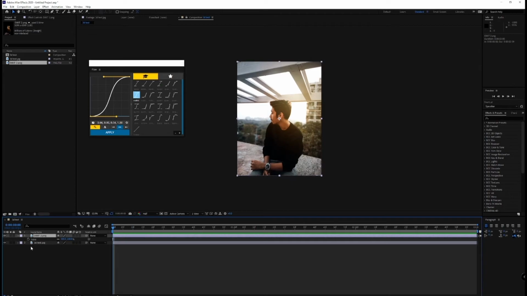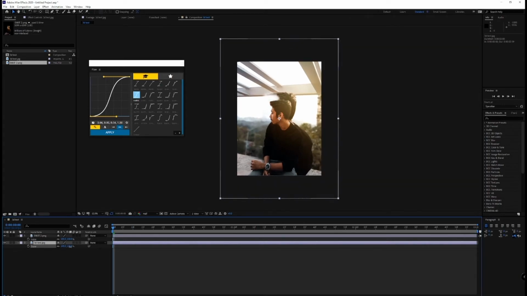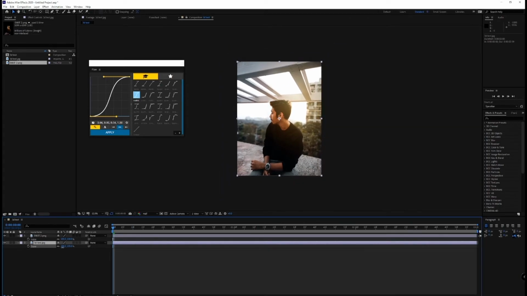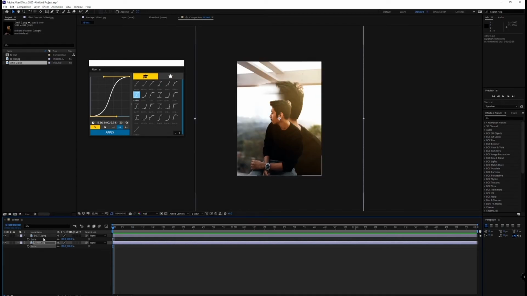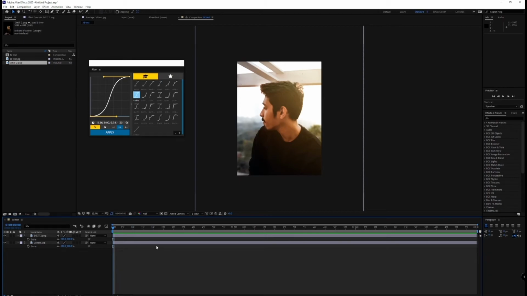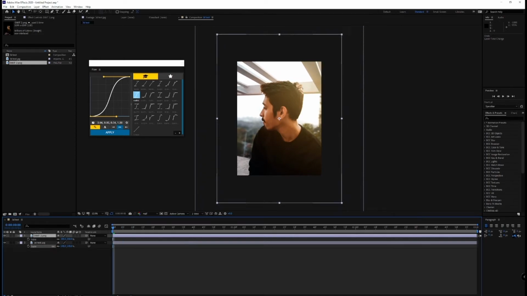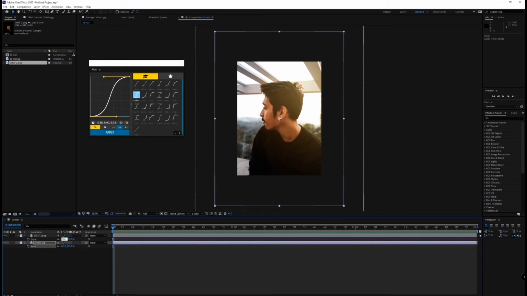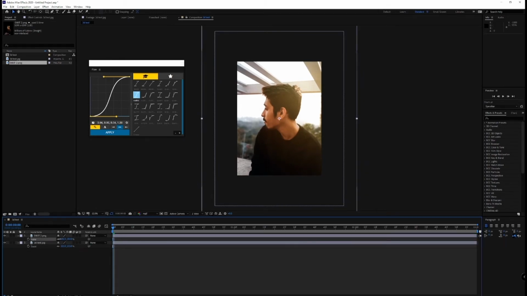So now let's select these two layers and hit S, where that is scale, and I'm gonna select the scale as per my choice, and you can even work on it and experiment with this thing. So basically we need a parallax effect going on over here. So I'm going to select the background layer and then set it to some amount that I like, and the PNG layer to the same amount at the initial point. Now to add keyframes, you have to switch on the stopwatch and then feed in the details that you want.